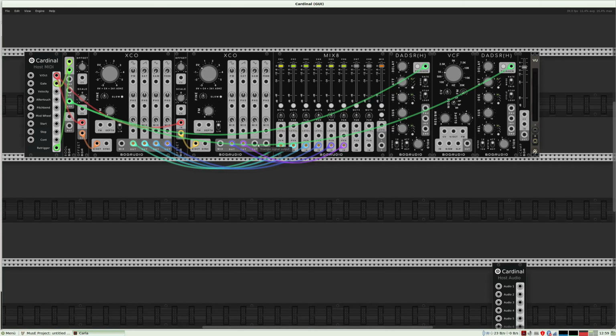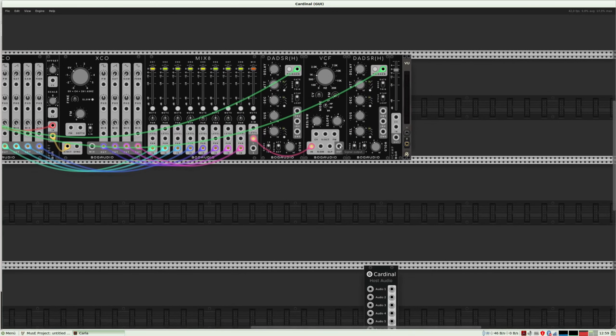So on to the next synth, next XCO to the channels 5 to 8, and the output here goes first into the VCF here, and the output here to the in here.